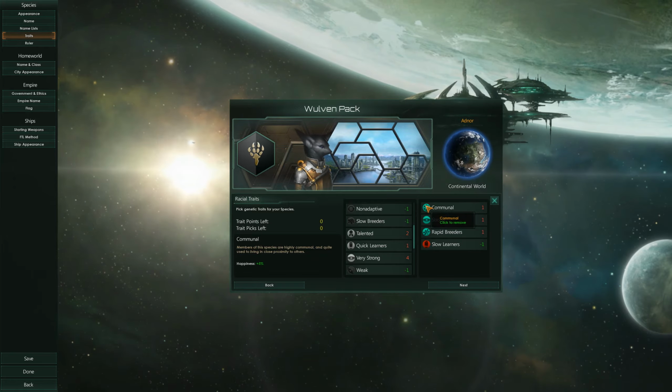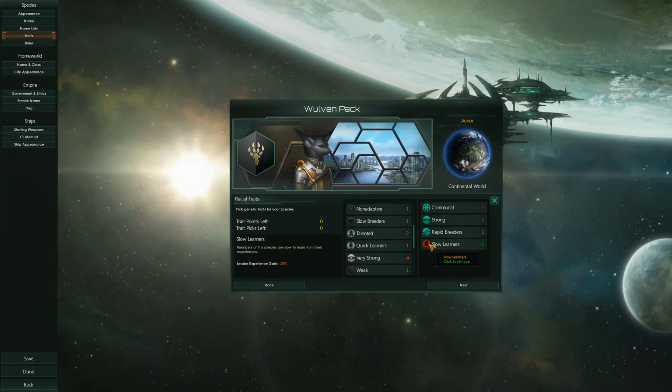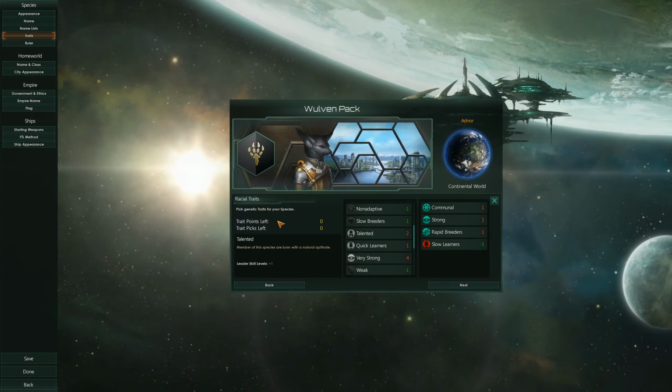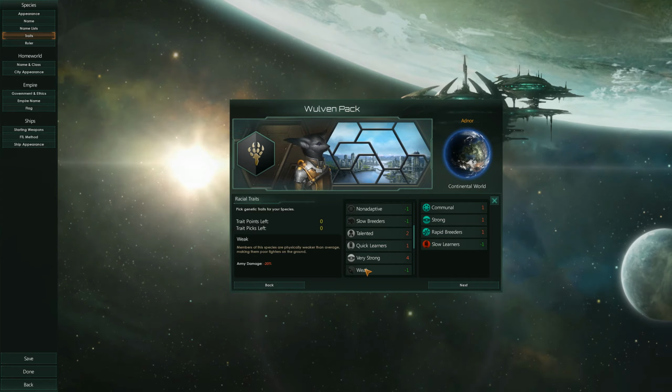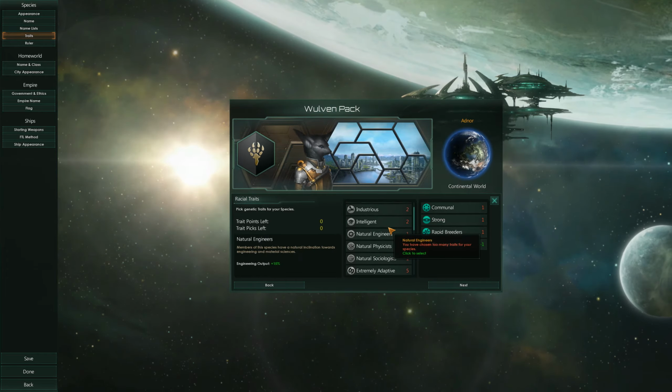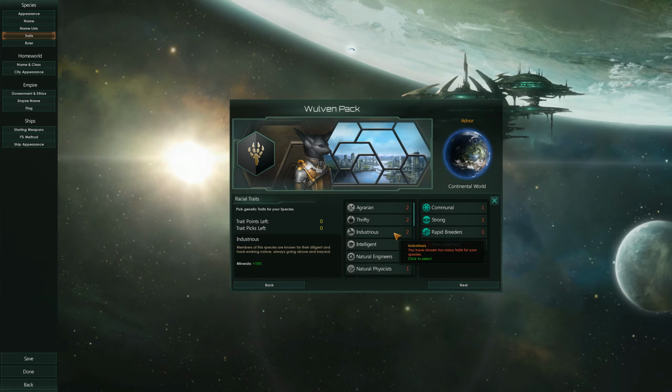So you can see these are green, so they are positive traits, and this is a red one, so it's a negative trait. So you start out with 2 points that you can spend, so you can always pick 2 positive traits, and after that you have to start making trade-offs. There's a bunch of interesting ones, and actually I would like to have had more points